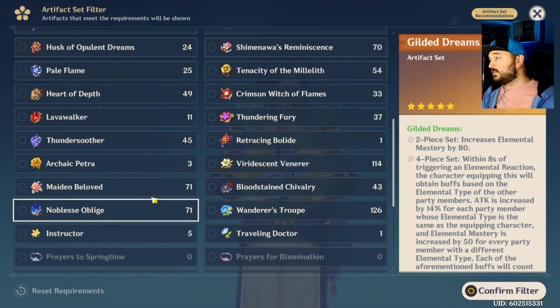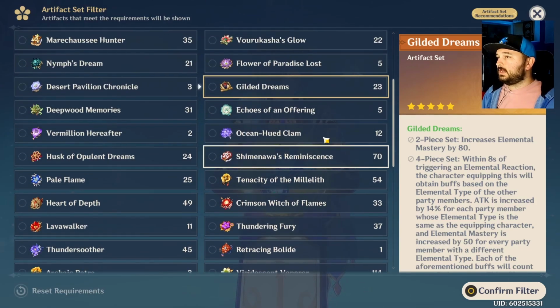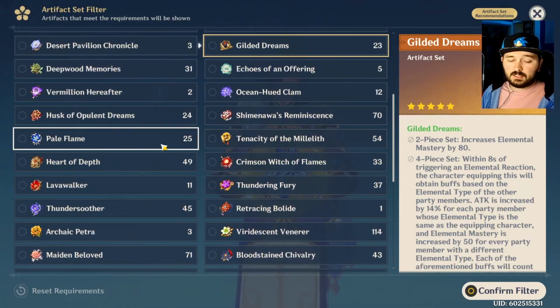Now, the 4-piece Noblesse is only good for one character. Okay, if you have multiple characters running 4-piece Noblesse, excuse me, it's not going to stack off each other. If you didn't have a 4-piece Gilded Dreams, you could go 2-piece Gilded Dreams, 2-piece Noblesse, any of the 2 pieces for energy recharge, any of the 2 pieces for attack percent, or you could do Blizzard Strayer too to